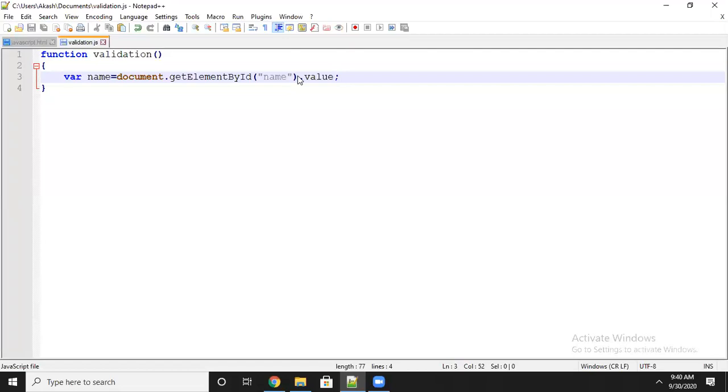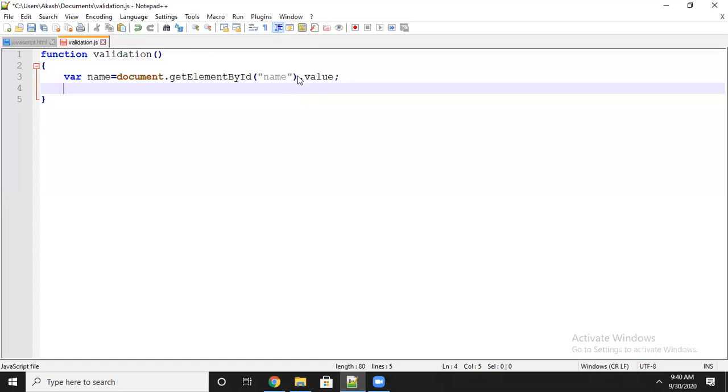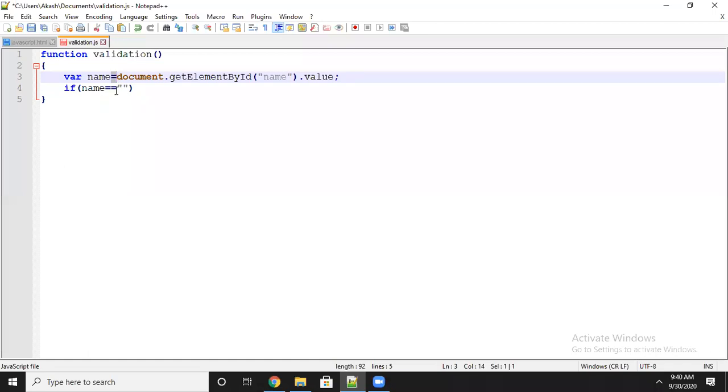Now how to do the validation here? For the name value on your form, has anyone given any value or is it empty? How to do the validation? You have to use the if case for that. If name is coming empty, I will tell you one more difference here. You use a single equal sign if you want to assign any value, and a double equal if you want to compare values. What does if do? If is a conditional statement.